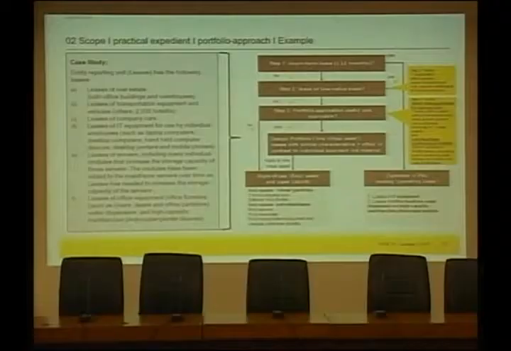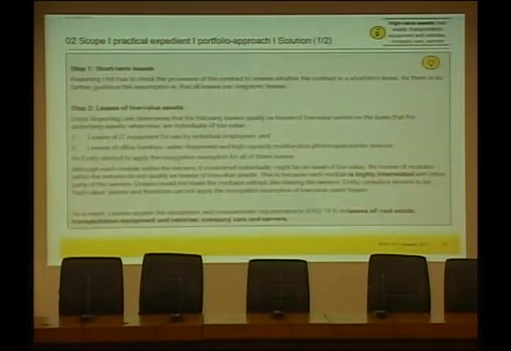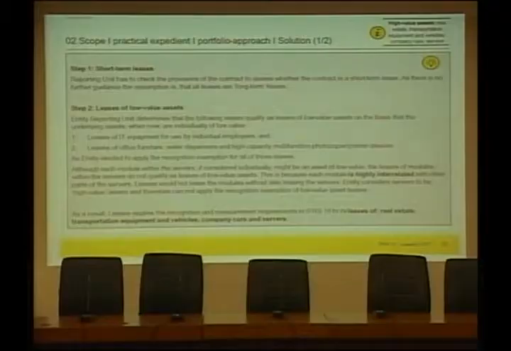This is the solution of this particular scenario. I think it's the same thing which we just discussed. Nothing new in that one. Short term and then low value assets: if you have to go by category of the asset, then you can decide IT equipment is low value, office furniture is low value. Then portfolio approach: if it is beneficial, then do apply the portfolio approach, for example on the company cars, because these are negotiated on one contract.